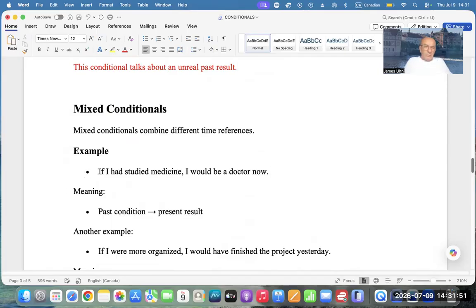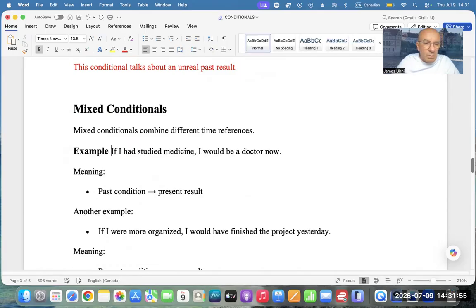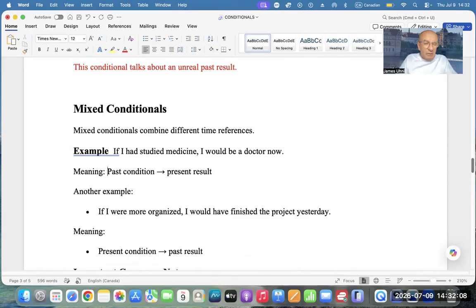So I will just make it this way, meaning past condition, present result. So this is even more difficult and more